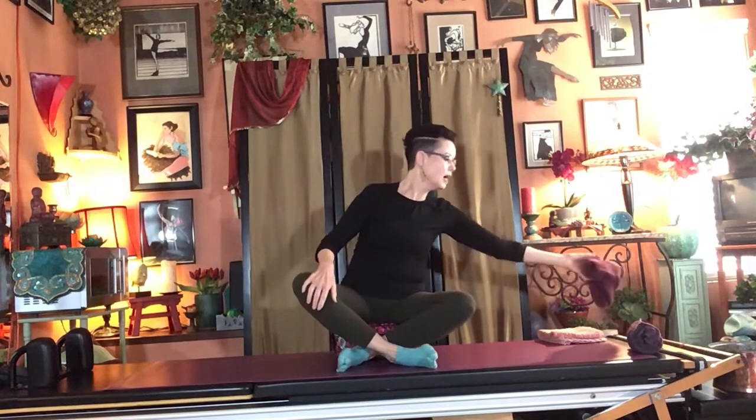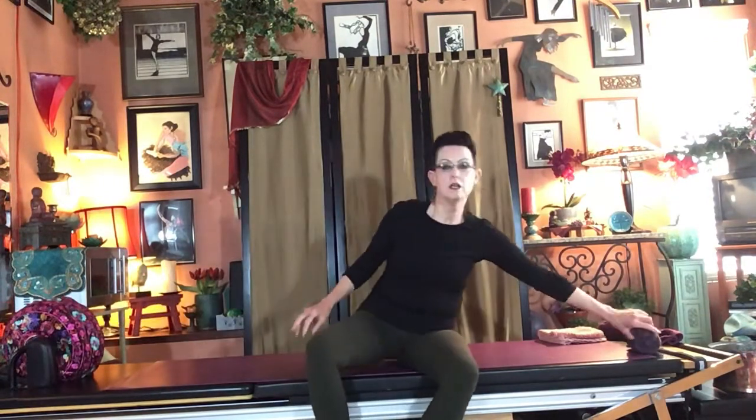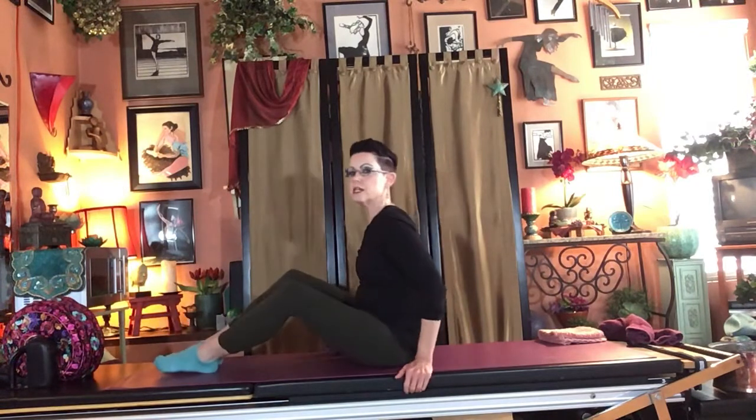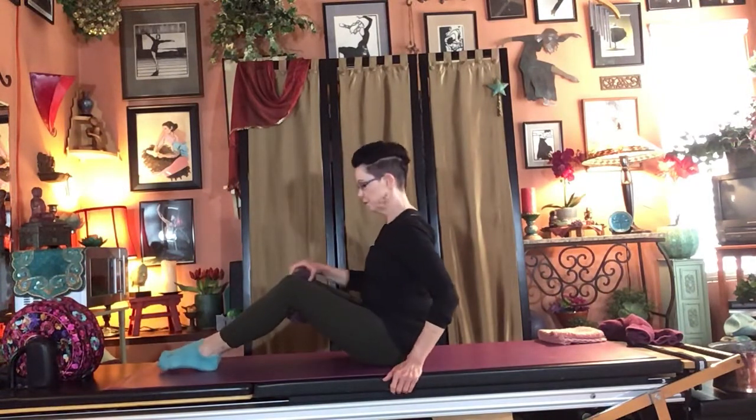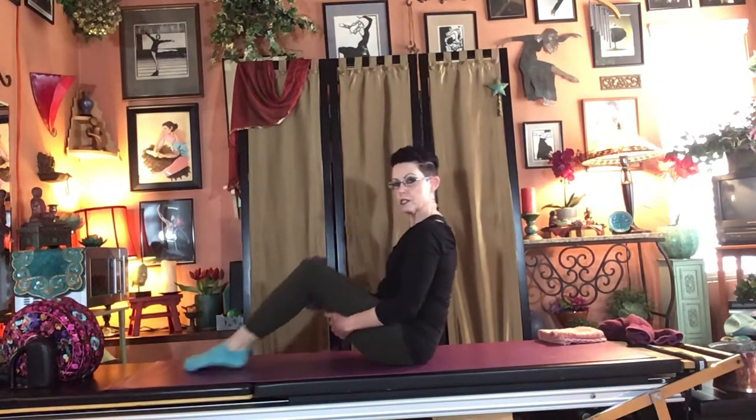Place that to the side. Come off your sitting pads. Move them out of the way. Grab your little folded, rolled towel to put between your knees as you sit facing in toward the center of the room. Put the spacer between the legs, grab behind. See how I'm not going to jam up like this. I'm going to slide those feet out enough to get on the sitting bones and elongate that spine against my